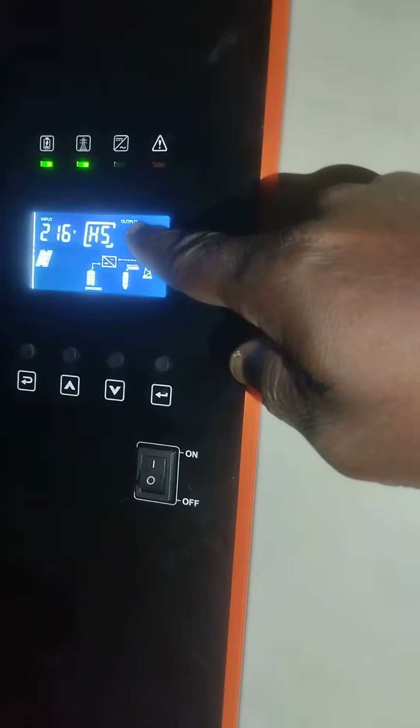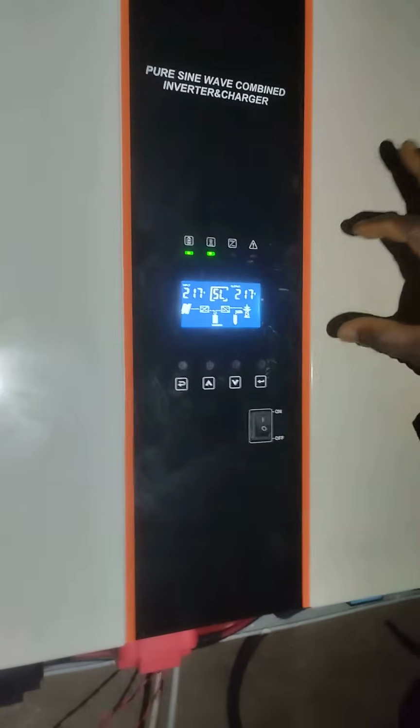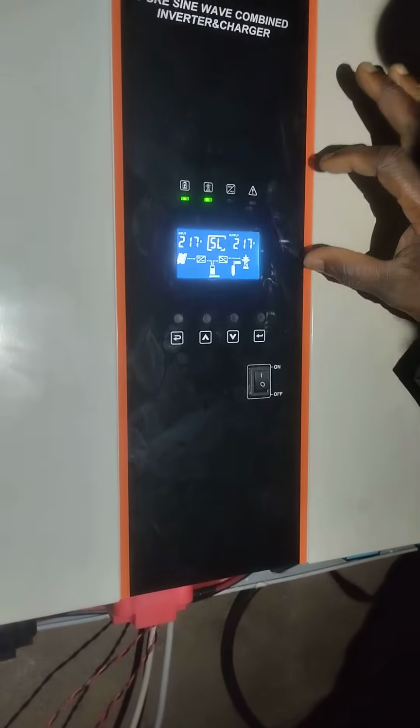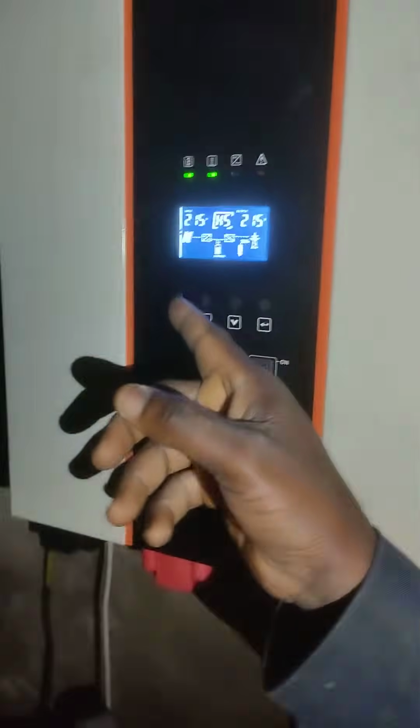So we have HS. This HS means that this is the master. Then if you come to this other one, this is SL. This is the slave. But sometimes when you own any of these, this can also be a master and this can also be a slave. Okay. Then now, if you check our screen, you can see